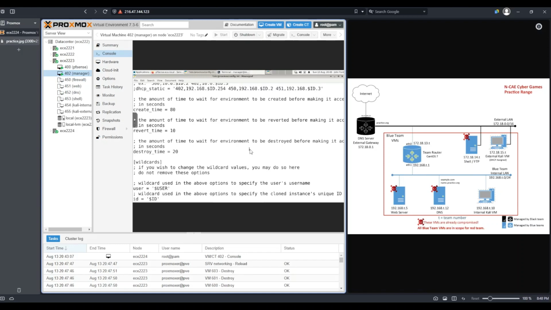The last configuration changes I'm going to make is to modify the create time, revert time, and destroy time. This is the amount of seconds that the students will have to wait when creating, reverting, or destroying their environments. It's good to test these out a couple of times before you actually set these times. And I've provided a test.php page that you can actually visit to perform accurate tests and measure how long each